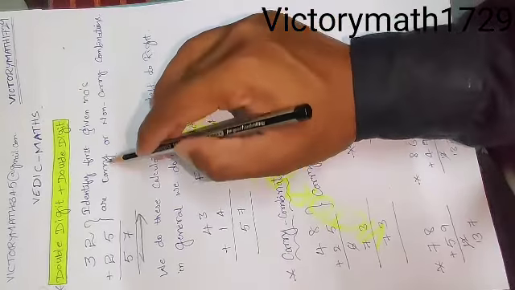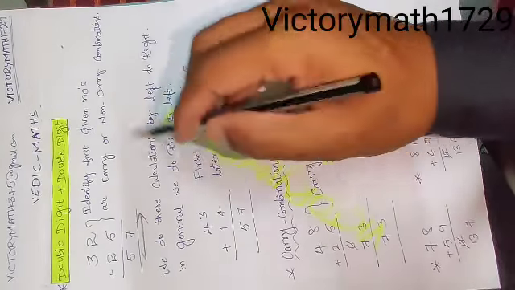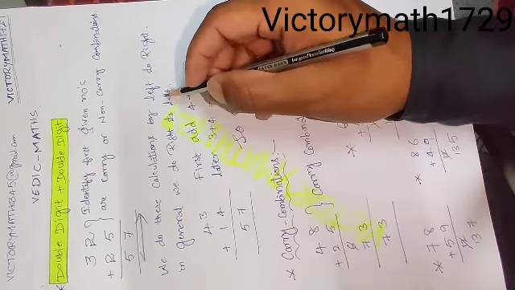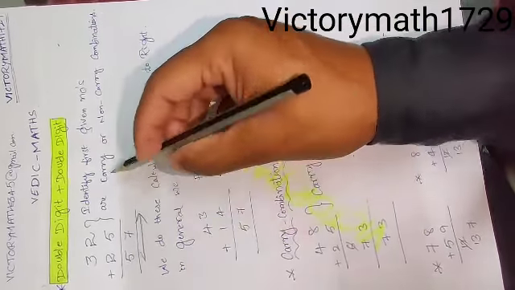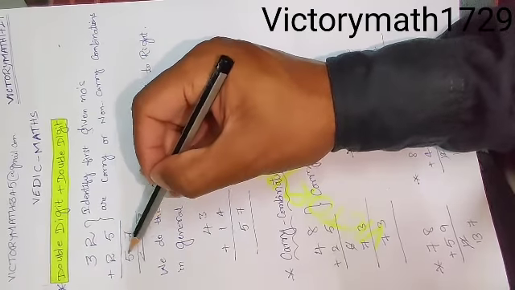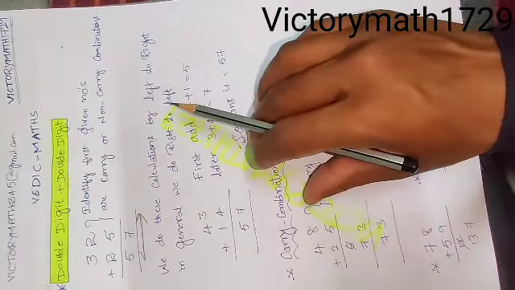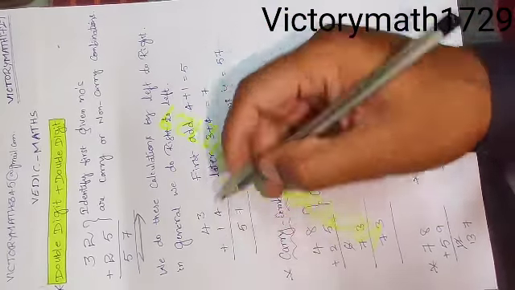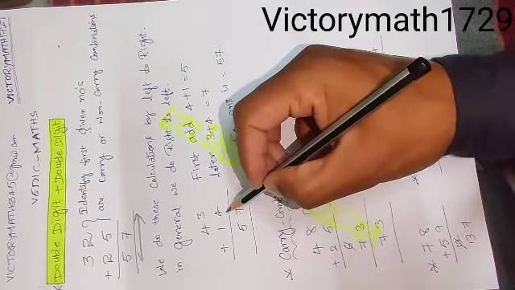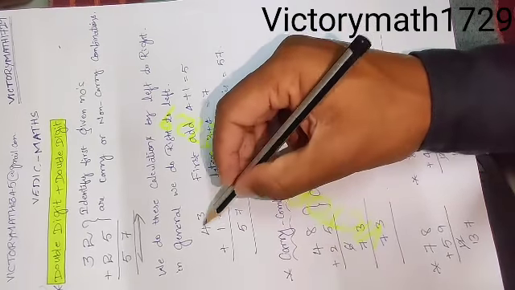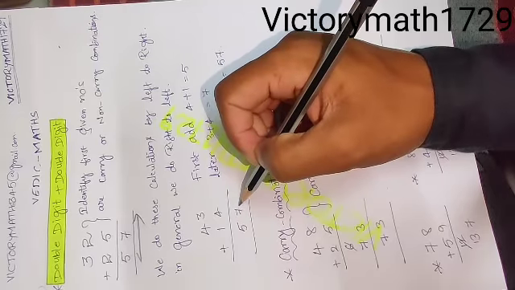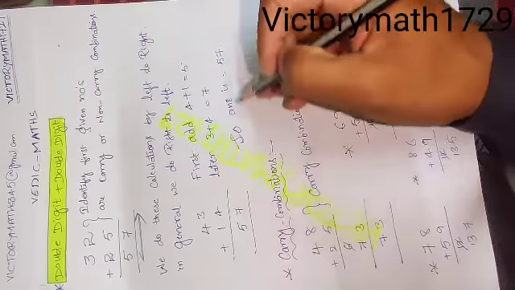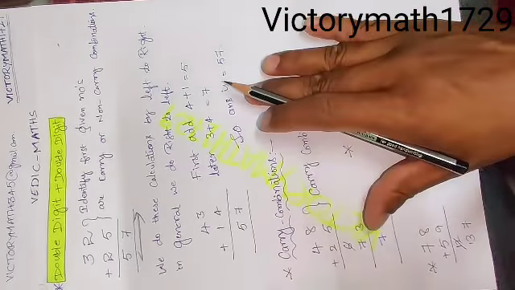Identify first whether the given numbers are carry or non-carry combinations. These are non-carry combinations. We do these calculations from left to right. In general we do right to left, like 2 plus 5 is 7, 3 plus 2 is 5. But in Vedic maths we do it in reverse, right to left becomes left to right. Here 43 plus 14: in general, 3 plus 4 is 7, 4 plus 1 is 5. But in Vedic maths, 4 plus 1 is 5, 3 plus 4 is 7. The answer is 57.